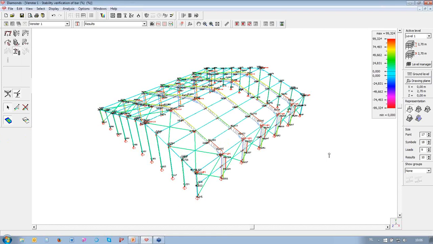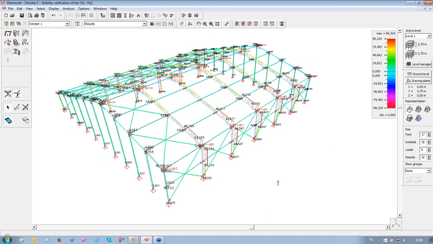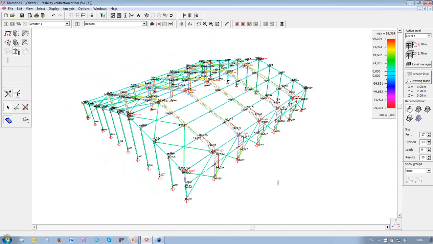Yes. So let us take a look now. Remember that we were slightly above 100%. For the columns, now we are for stability check at 99%, because now we have used the real rigidity of these connections, and they can sometimes create a little